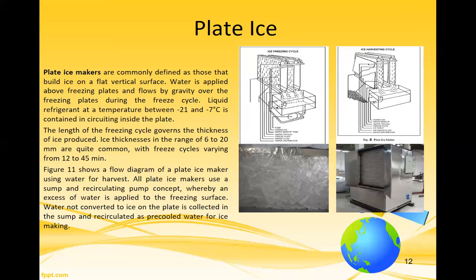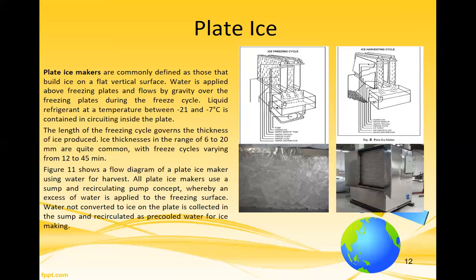Freezing cycle and harvesting cycle. Liquid refrigerant at temperature between -21 and -C is contained in the circuiting inside the plate. The length of the freezing cycle governs the thickness of ice produced. Ice thicknesses in the range of 6 to 20 mm are quite common, with the pre-cycle varying from 12 to